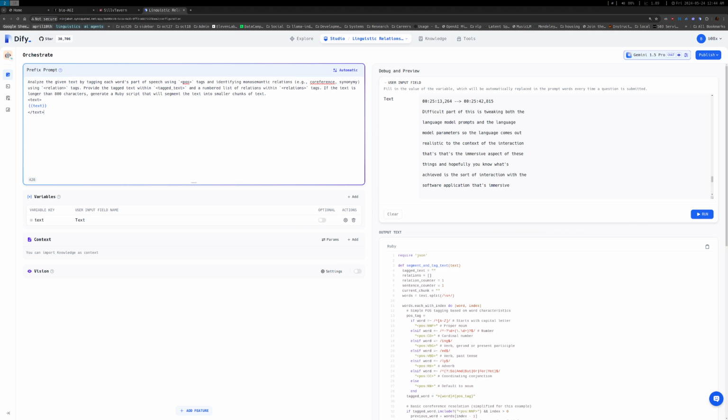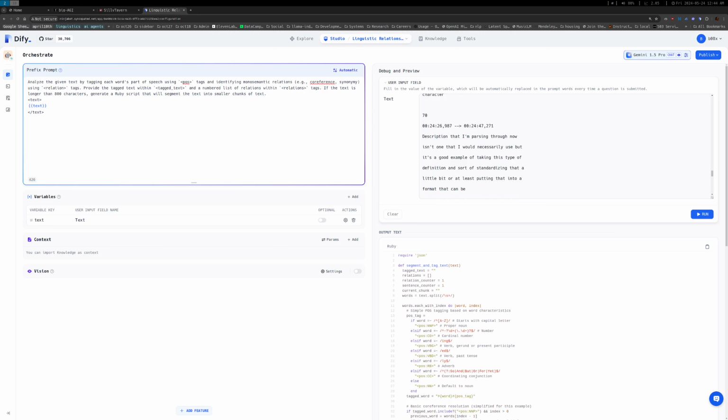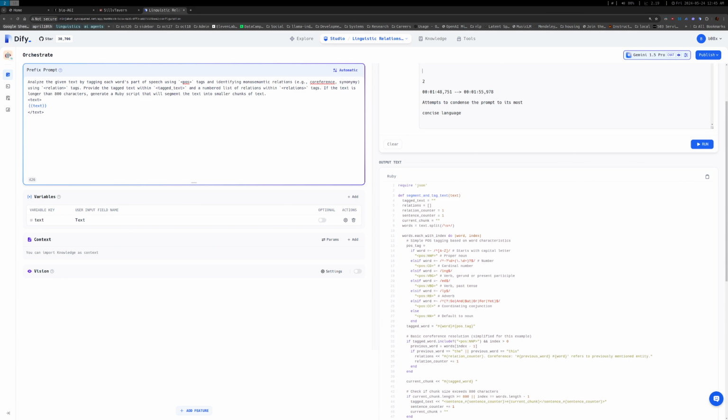If the text is longer than 800 characters, generate a Ruby script that will segment the text into smaller chunks of text. That might be a little redundant, but it's then provided the text through a variable, which is then populated in a freeform text field. So testing this out with Gemini